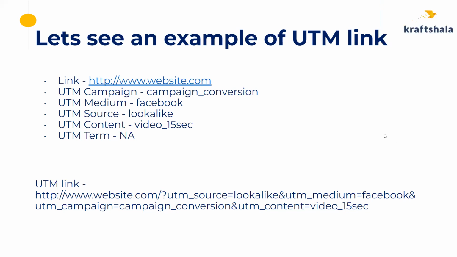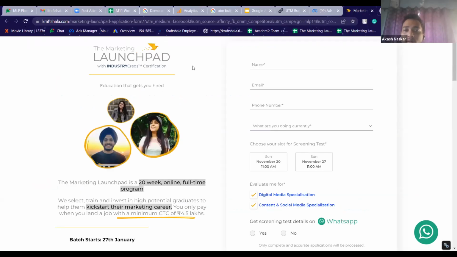Akash, I think the ideal way to put the URL is the home page or the landing page, which we want people to come to from the advertisement. Not the home page, the landing page. For example, here we want our users to come to the Craftshala form page directly. We are not taking the user to the home page or the marketing launchpad page. We are taking them directly to the form page. So we'll put the link of this form page and then add the UTM parameters.